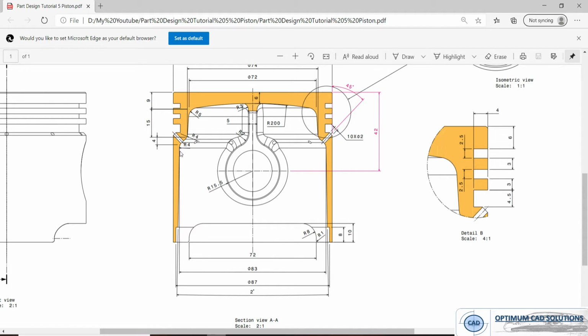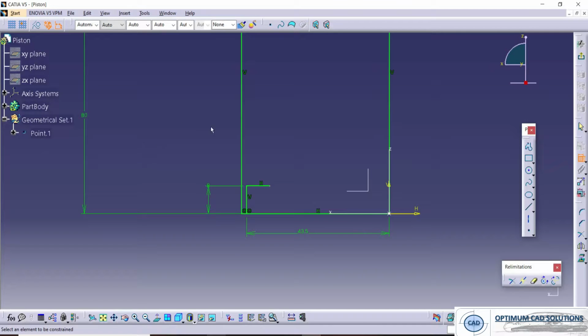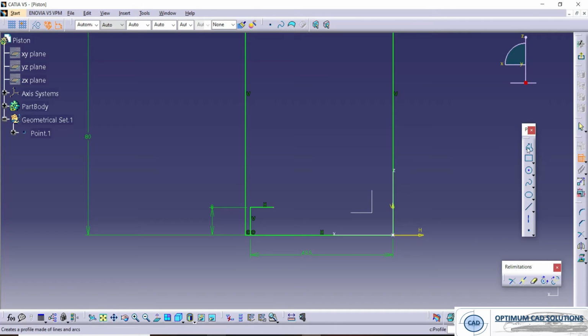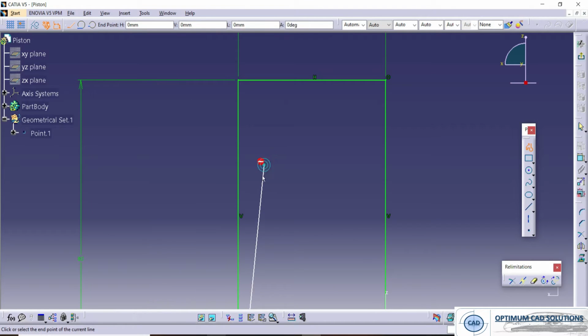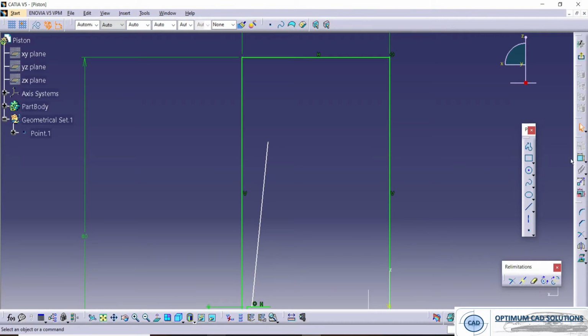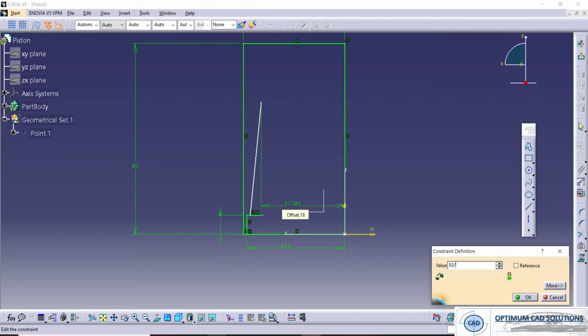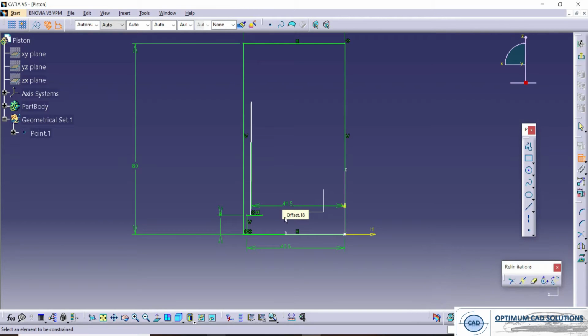This is an 83 diameter and it has a height from the top surface of 9 plus 15 plus 4, and the angle is 2 degrees. 83 divided by 2.